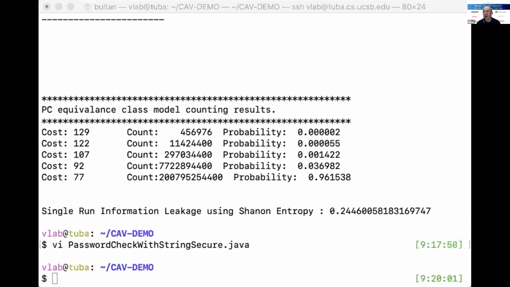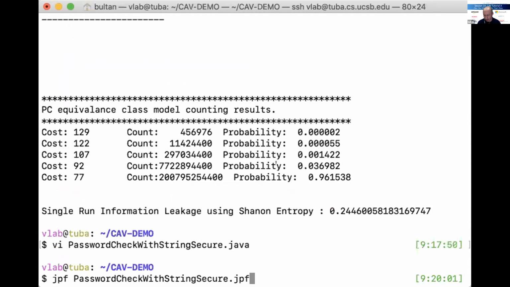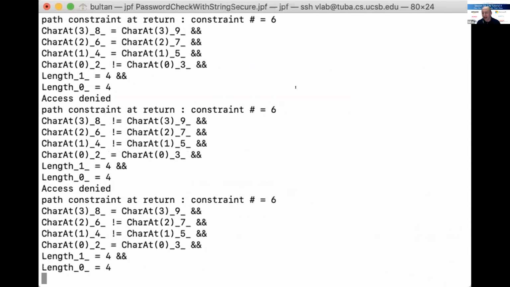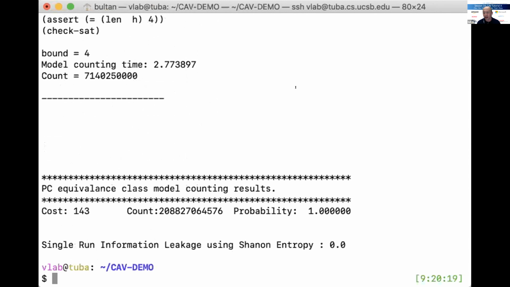So if I do the same analysis on this one, I'm going to run this now, the secure implementation with Pathfinder. It computes all the paths again with symbolic execution, does the model counting, and basically it says there is only one cost. Each path has 143 instructions, and therefore the probability is 1, so entropy is 0. So basically it didn't gain any information from the timing observation, right?